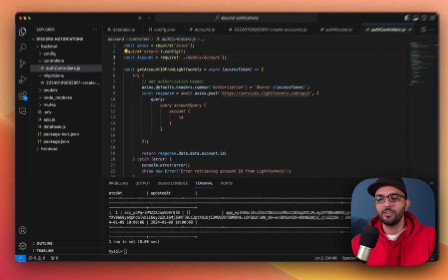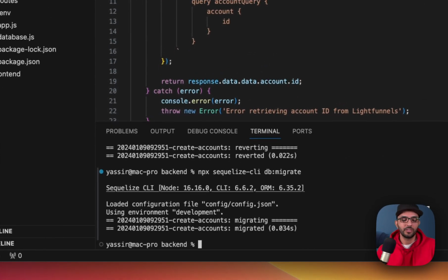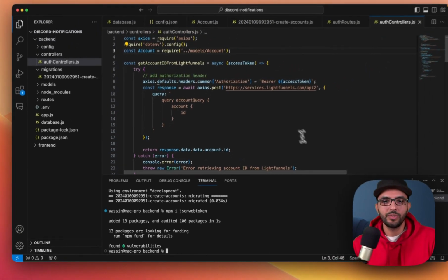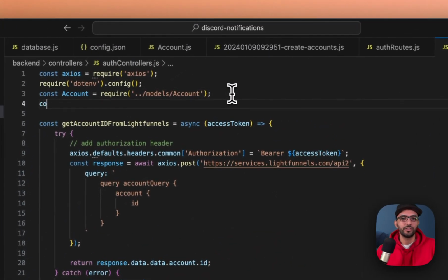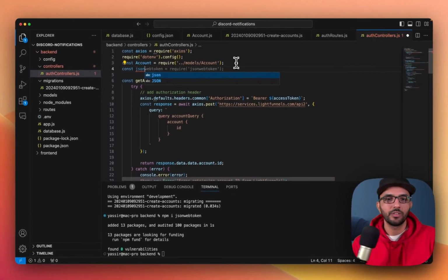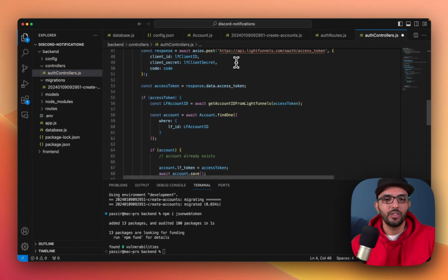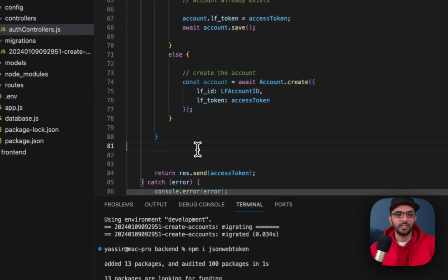So the first thing we need to do is install the JSON Web Token. So npm install jsonwebtoken. And then we're going to need to import it here. So const jsonwebtoken equals require jsonwebtoken. All right, so what we're going to do here is